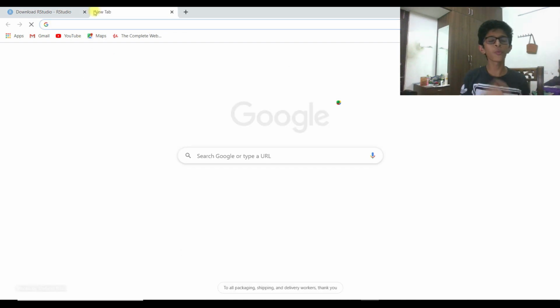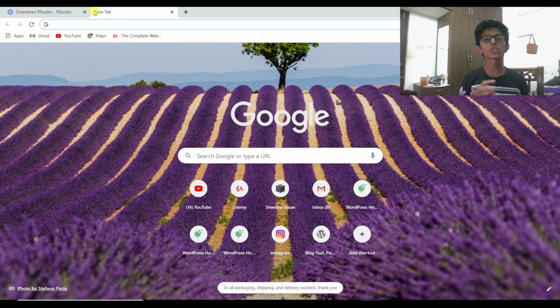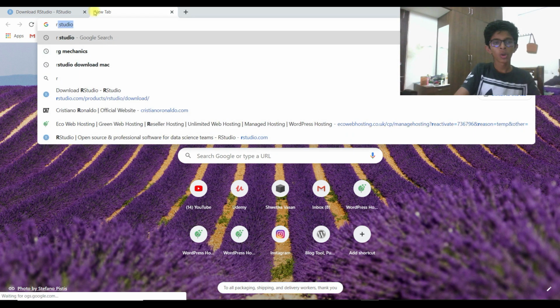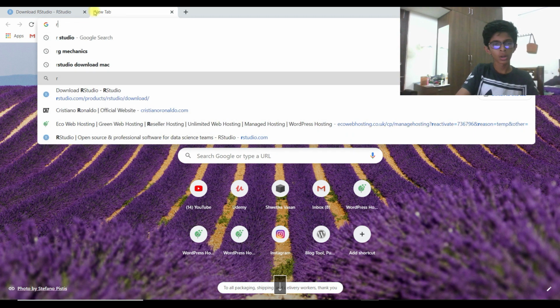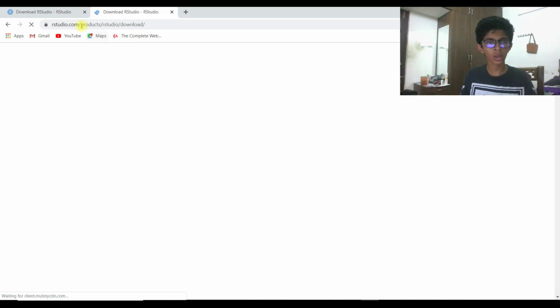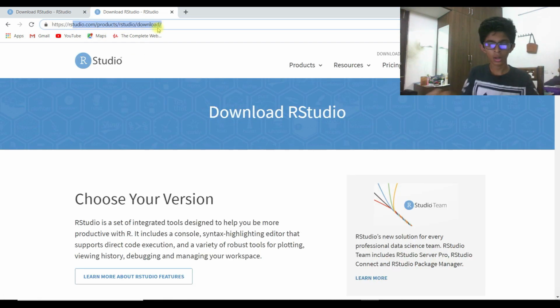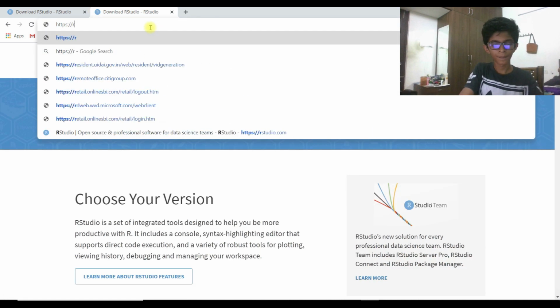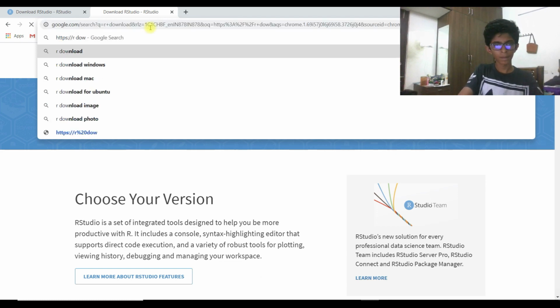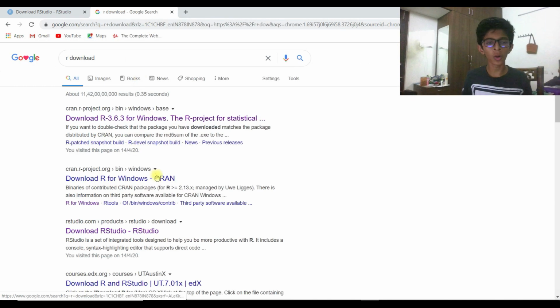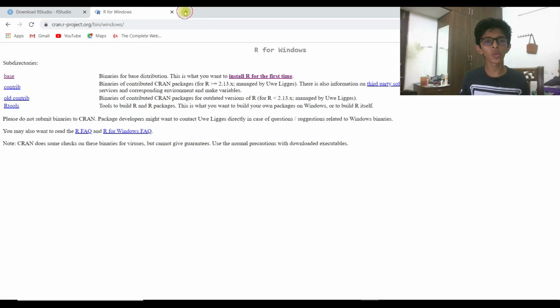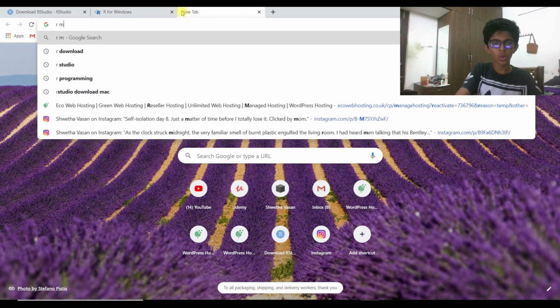Before installing RStudio, you should install R. Here there are two options: R download for Windows and R download for Mac.